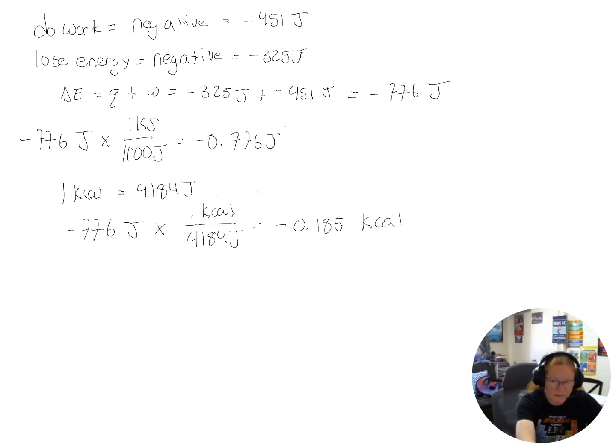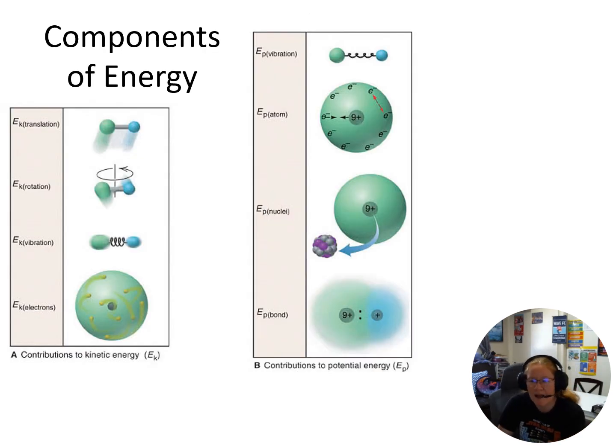All right, now, one last thing on energy. I want you to think about where all the energy comes from, because when we're talking chemical reactions, we're not really talking about gases expanding and pushing on pistons. We're talking about what's happening on a molecular level with our reactants and our products. And so we need to understand that there's a lot of energy associated inside of that. And so when I look here, I can see that I get a lot of different components of energy.